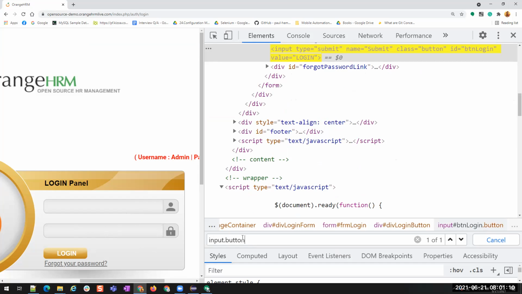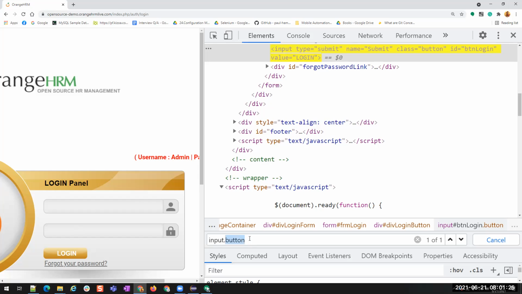If you want to make sure, apply both, because the style button might be applied to multiple elements.